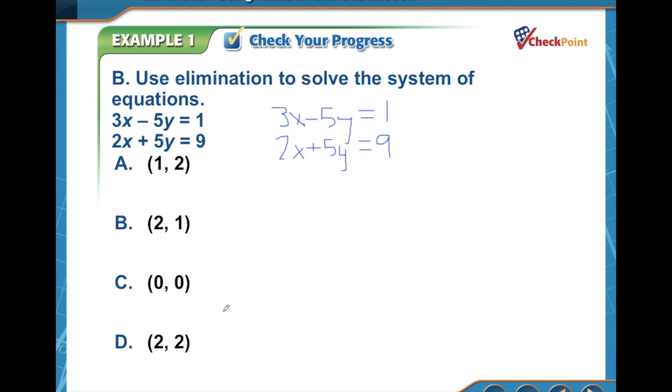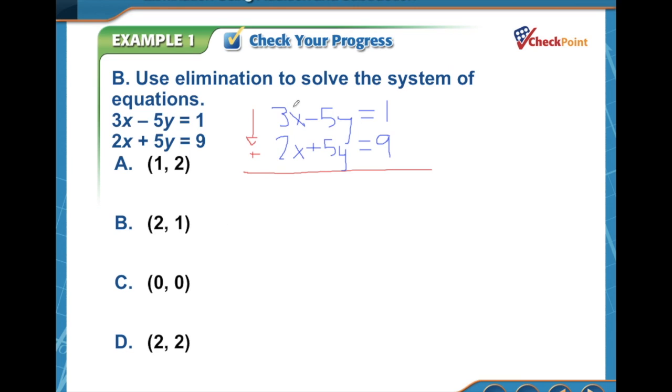All right. So if we're looking at this, is there anything here that we can eliminate if we add straight down? Well, our x's don't help us. We have a 3 and a 2. Those won't eliminate. They would just make a bigger x. But notice here we have, with the y, something that will help us. We have a negative 5 and a positive 5. And if we add those together, negative 5 and positive 5, those are opposites. They will come out to 0. So what we know with substitution, we can go ahead and add these equations straight down